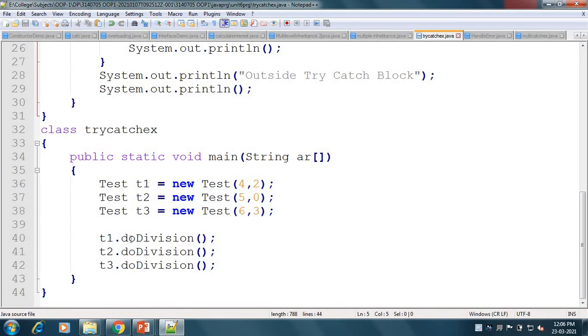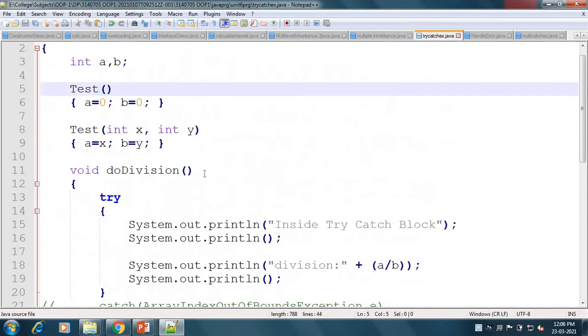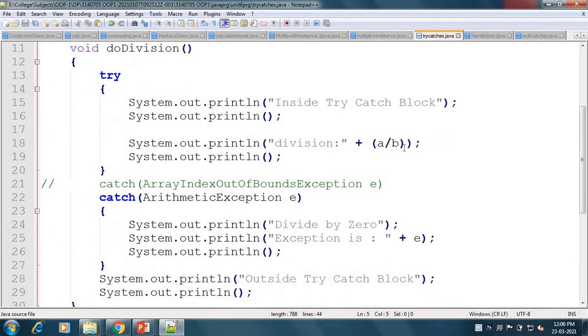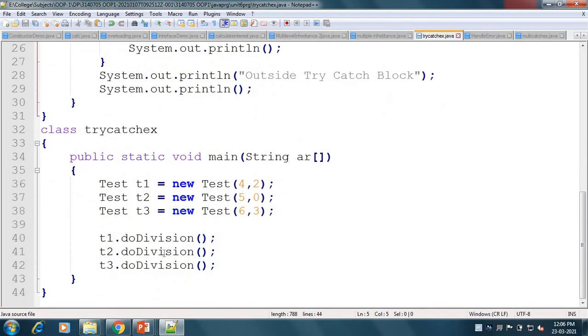In the first case, if we call the t1 doDivision method, then a's value 4 and b's value 2 will be passed into it. It will generate the output of a divided by b, meaning 2 will be printed. If our t2 doDivision method is called, then a's value is 5 and b's value is 0.